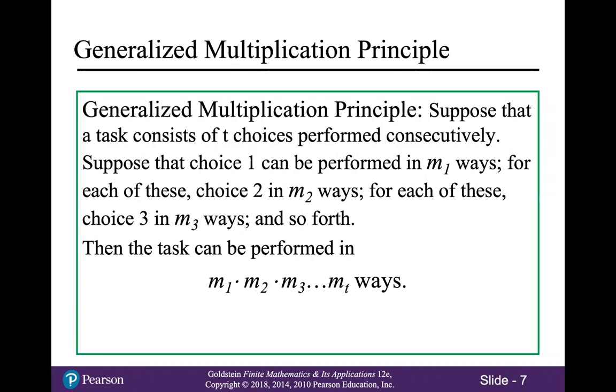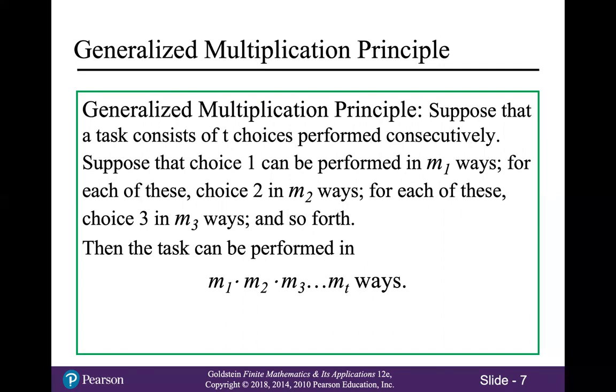And that brings us to the generalized multiplication principle. So the gist of what this says is that it works on tasks that have more than 2 steps to them. Suppose that a task consists of t choices. So in the version we just looked at, t was 2,